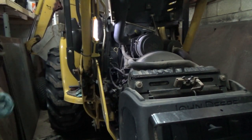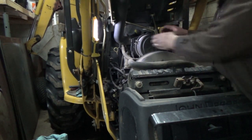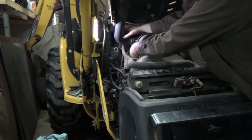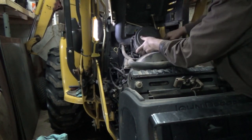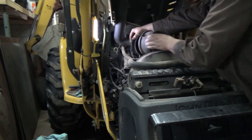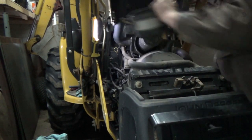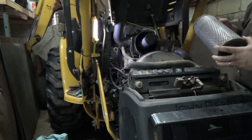Okay, now filter. I can't remember when I changed these last, so they may not be too bad. I got these 2 screws out of here so I can sink it loose. Oh my goodness. Not a very good spot for a filter, is it? Okay. Well,